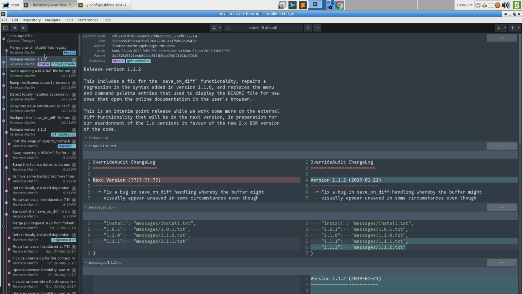I'm going to quit while I'm ahead because my back is starting to hurt and the stream has hit its 2 hours. So I'm going to work on this a little bit more and clean this up. And we're going to see a release of OverrideAudit version 1.1.2 while I try to figure out what's going on here. And yeah, that is weird. Anyway,